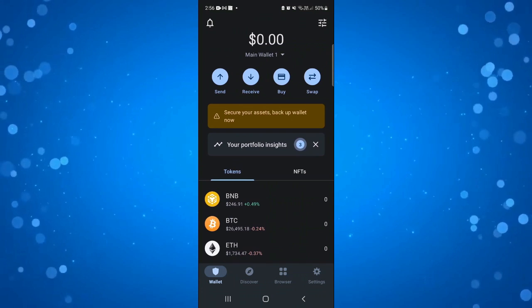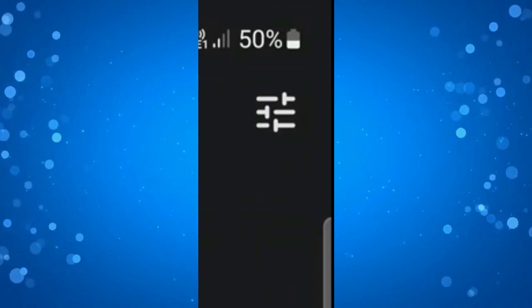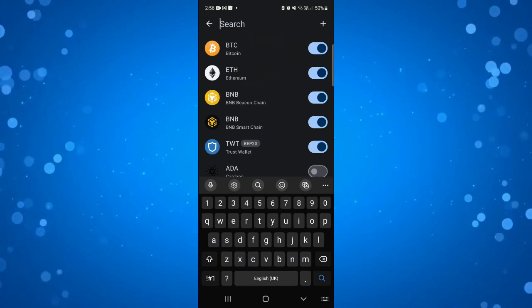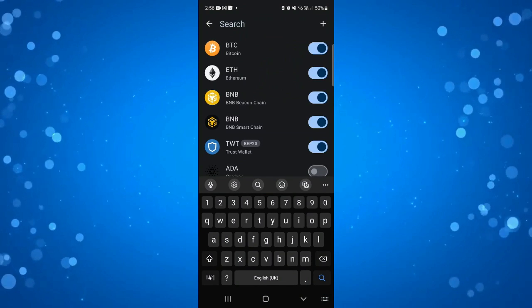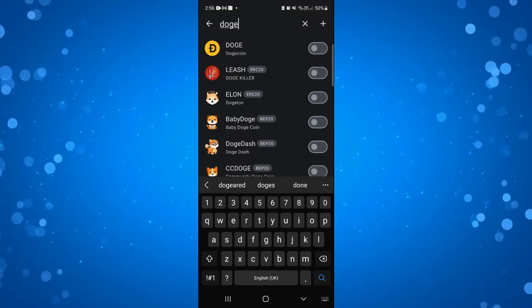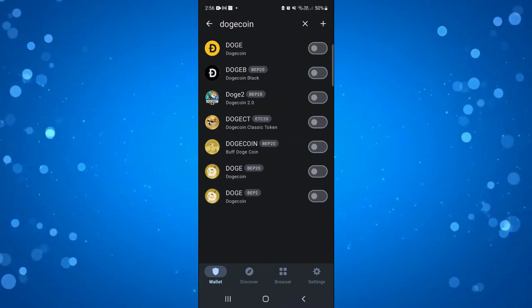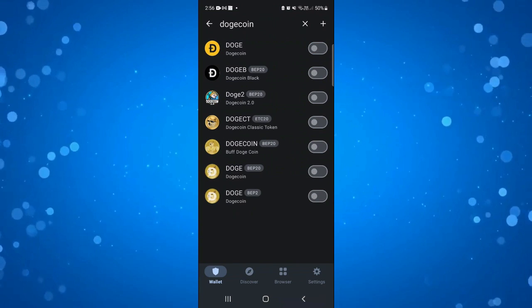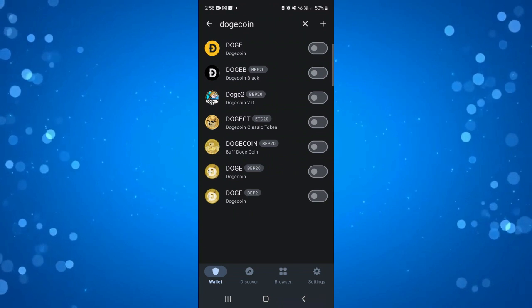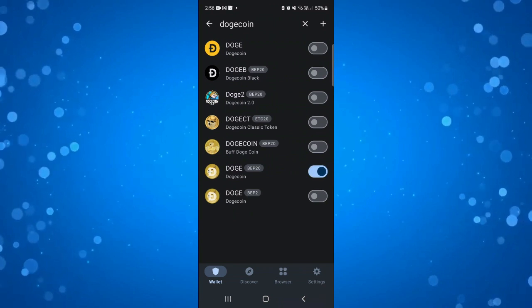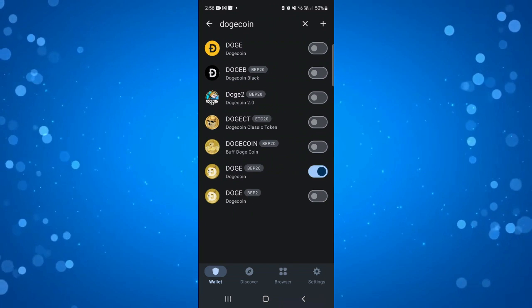From the main screen here, what you're going to want to do is come up to the top right hand corner to these three lines, give that a press. And into the search box, you just want to go ahead and type Dogecoin into here. And you can see the options of Dogecoin that we got available. So for the purpose of this tutorial, I'm going to go ahead and choose this one down here. So what you want to do is just click the toggle button next to it to turn that on, and